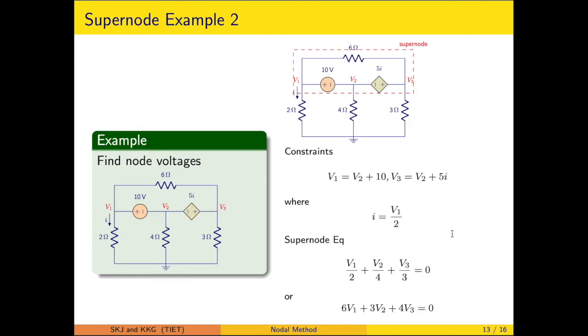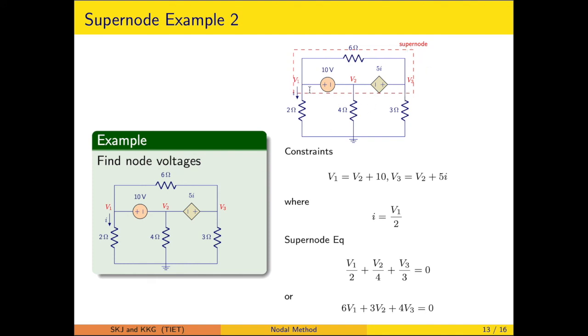Now this is also a case of a supernode example. Here V1 is related with V2, V2 is related with V3. This is also a voltage source, although it is a controlled source, but there is no series resistance. So this is an ideal controlled source. It will be able to maintain the voltage as long as the value of I is constant, unchanged. Likewise, this whole is treated as a combination of supernodes. The 6 ohm is participating on this as a parallel. So this is forming the supernode.